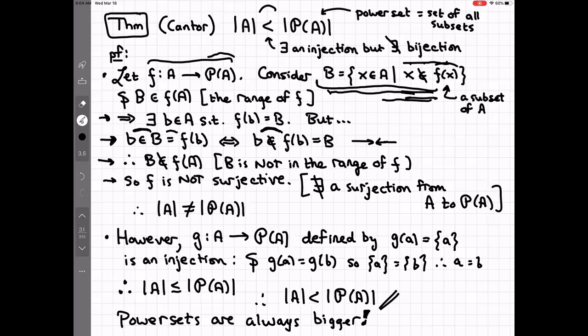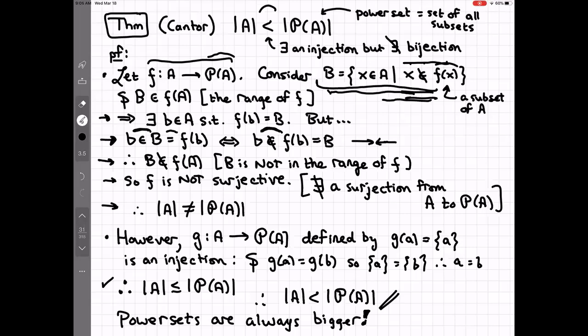So f is not an onto function. And since it's not an onto function, this means that A cannot have the same cardinality as a power set. And then as a quick little addendum, notice that it's very easy to see that A is no bigger than its power set,